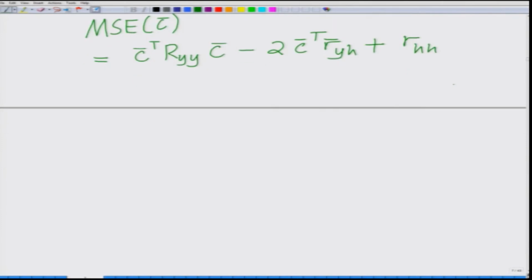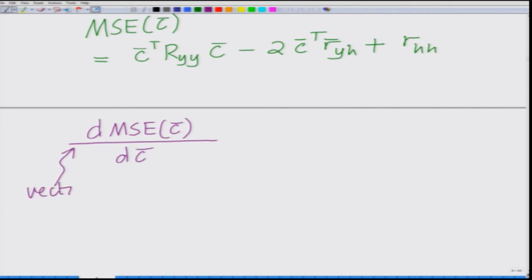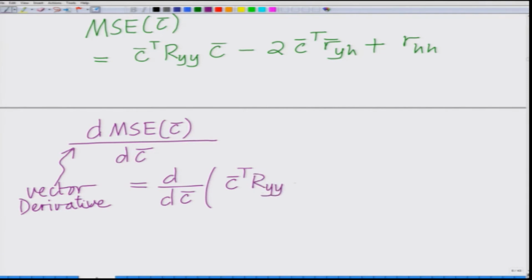Now we have to differentiate this MSE, which is a function of c bar, with respect to the vector c bar. So, this is a vector derivative, also known as the gradient. And this is equal to the derivative with respect to c bar of c bar transpose R y y c bar minus twice c bar transpose R bar y h